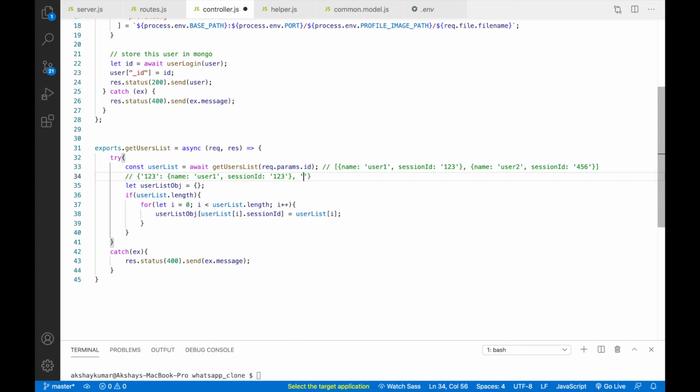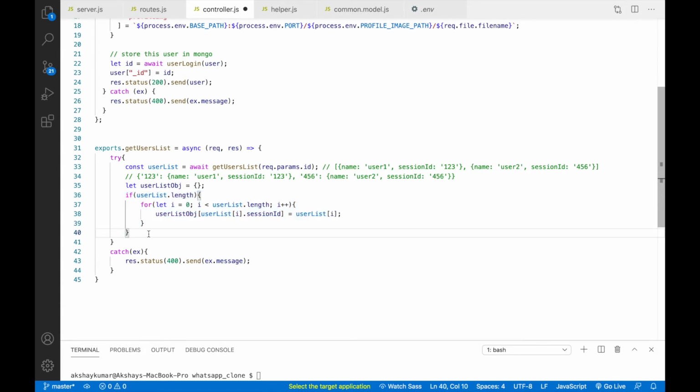Second, that is like 456 is to one object, and then name is to user2, comma session id is to 456. So we are creating this kind of object now. Okay, so it will be very easy, because from the key that will be session id, we are extracting the data very easily. Okay, so that is what we are doing here.